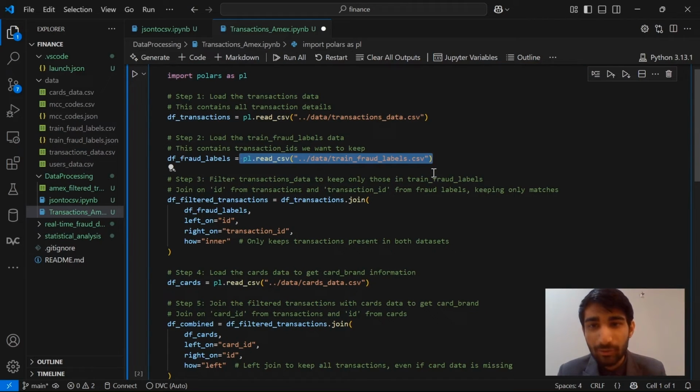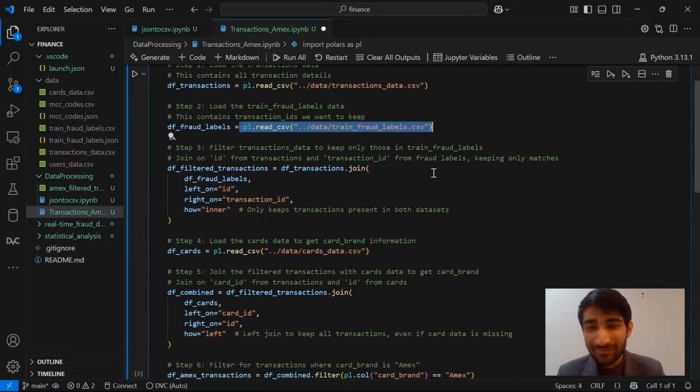Although I have not run the code because it will basically just crash this video recording. My computer is not healthy enough to do all this task at the same time. So after that, we are going to apply the join between this fraud labels.csv file data frame, which I have